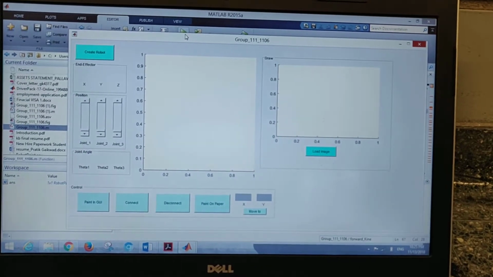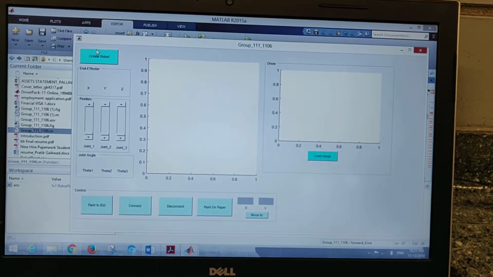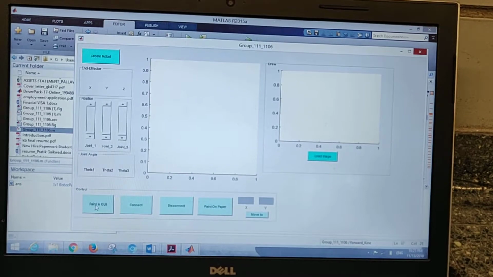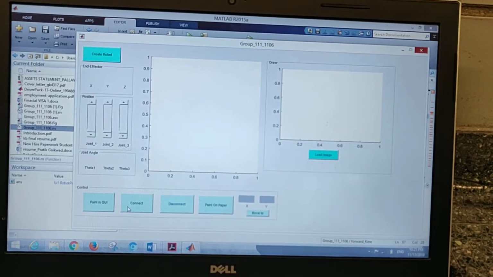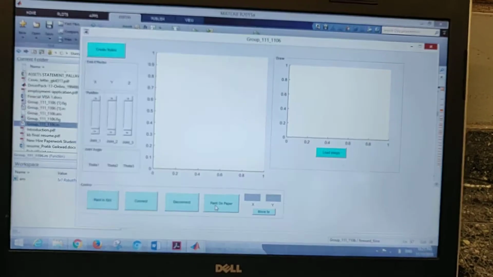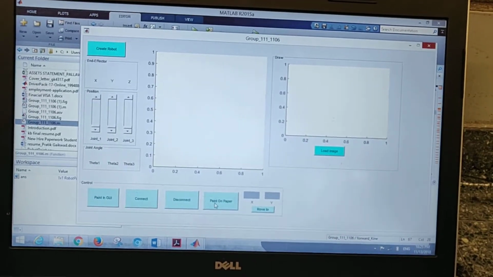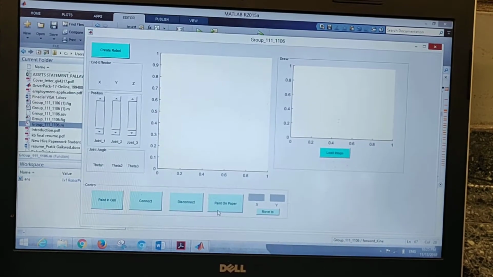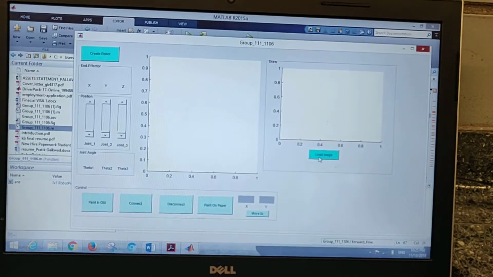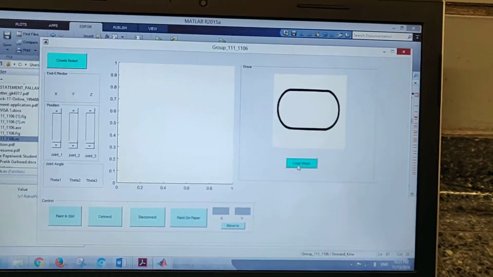If I run this file, I will get this window which has several aspects. First, this is for create robot, this is for paint in the GUI, this is for connecting the Arduino, this is for disconnecting the Arduino, and this will ask us whether we have to paint in a GUI or paint on a paper. So this is basically my image. If I load my image this way,